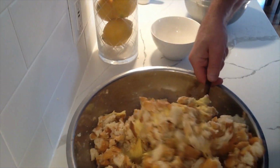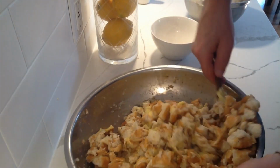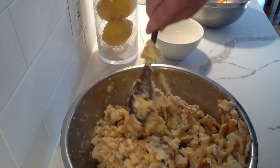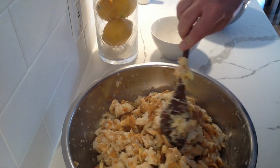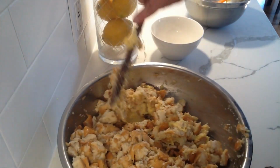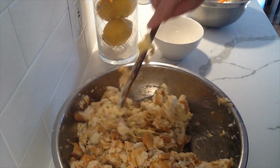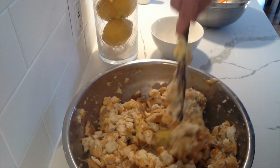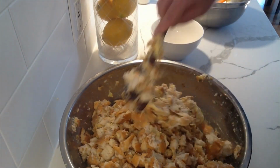Once we have this formed into logs, you can put it in the fridge. I wouldn't put it in the fridge overnight, but certainly for a few hours. I'm preparing this in the morning. We will be eating in about 5 hours. That's fine. You can hold it in the fridge for a few hours, and then when you're ready to cook,